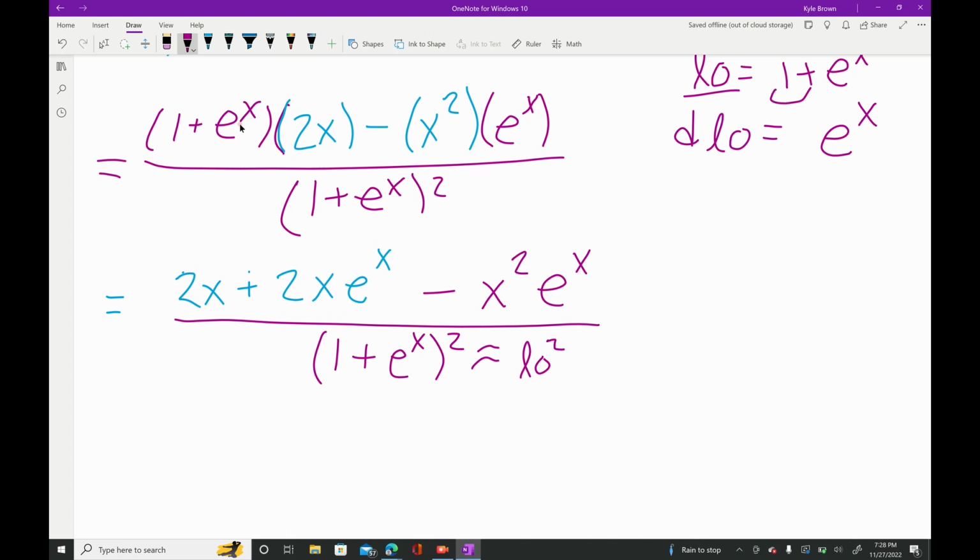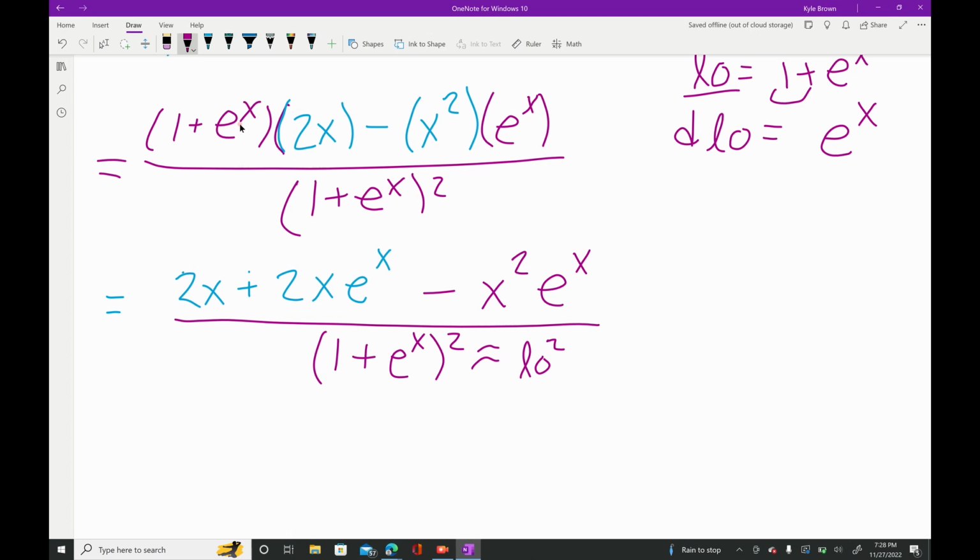Now we need to combine like terms. And yeah, that's really it. So I see we have a 2x. We have a 2x e to the x minus x squared e to the x. So I know all of these terms actually can't be combined because they're all different. But we can factor some stuff out. This has an x, this has an x, so does this. So I'm actually going to factor an x out of all of these on the numerator, and then we're going to be left with